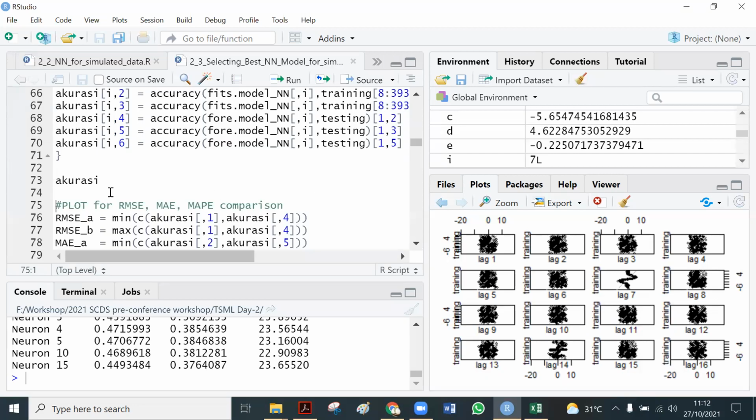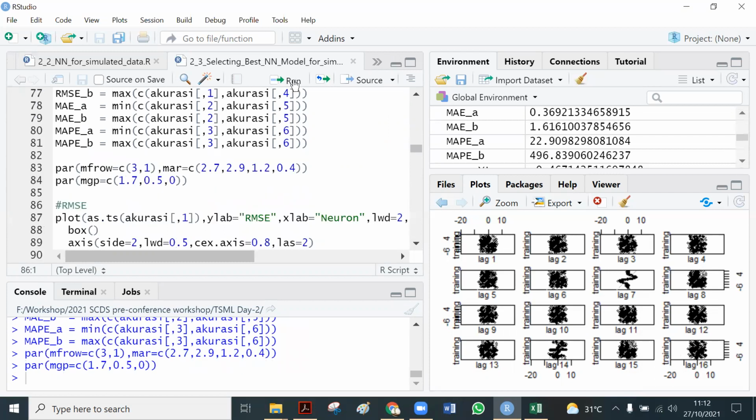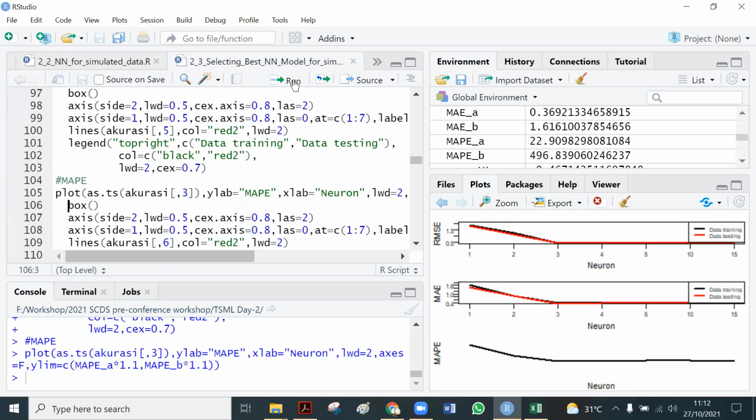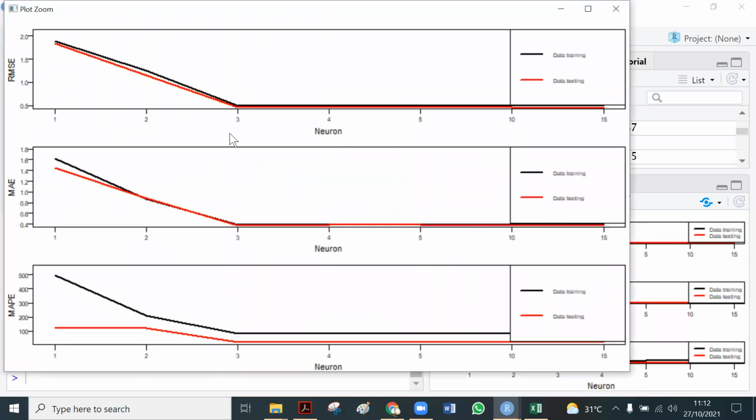Then we want to create the plot. The plot shows that when we have 3 neurons, the value of root mean square error decreases, and then if we increase the number of neurons, it does not help to reduce the root mean square error.